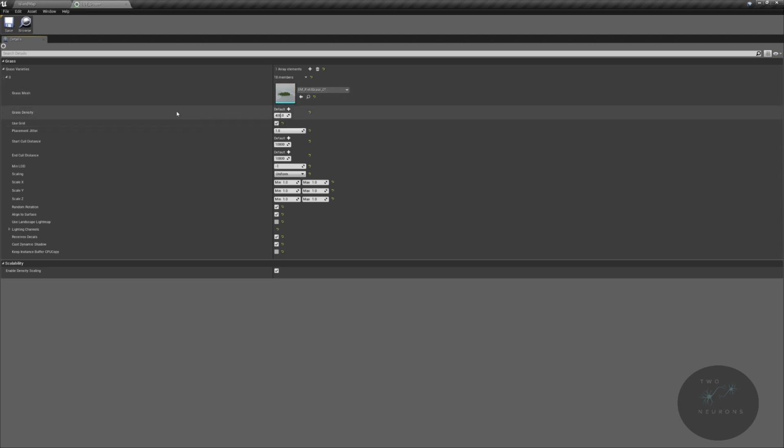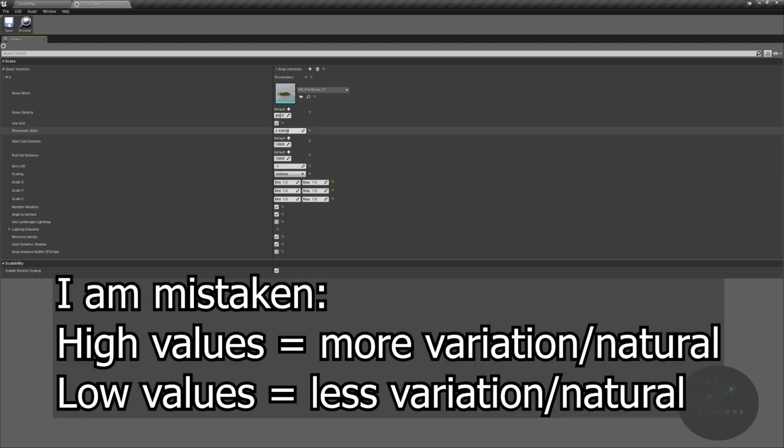Our density is, I believe, how many per 10 square meters, we'll say 100. So it's how many instances we want per 10 square meters. For now, let's leave this at 400. So we have this grid, and we're actually not going to use this, but what a grid does is it makes, based on our jitter below, a row of the static meshes. So if you're doing a field, like a crop field, then yeah, you want to use grid. But if we want something natural, we're going to turn that off. Actually, we can have it be natural by lowering that value, but we're just going to set that to